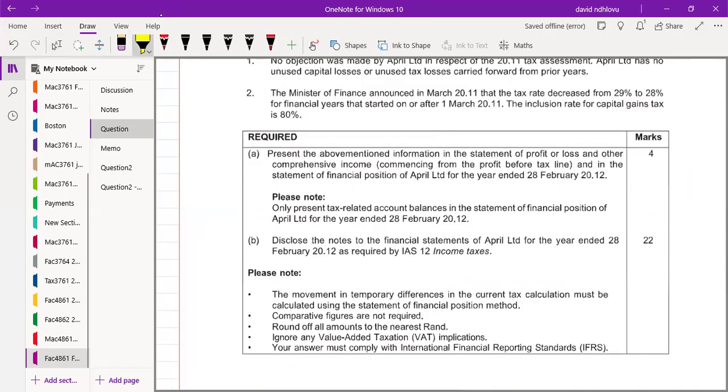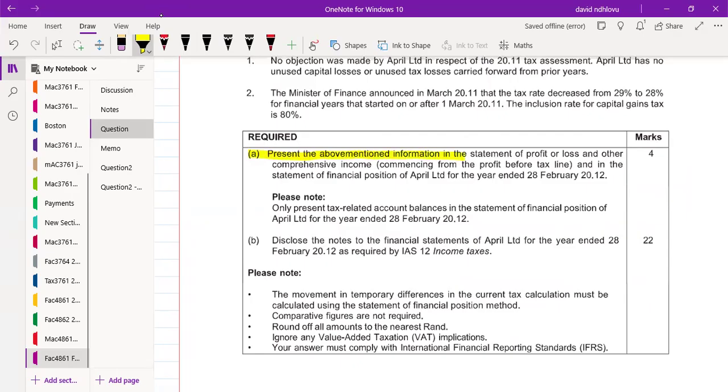Number A, present the above information in the statement of profit and loss and other comprehensive income, commencing from the profit before tax line, and in the statement of financial position for the year ended 29 February 2012. Please note, only present tax-related account balances in the statement of financial position